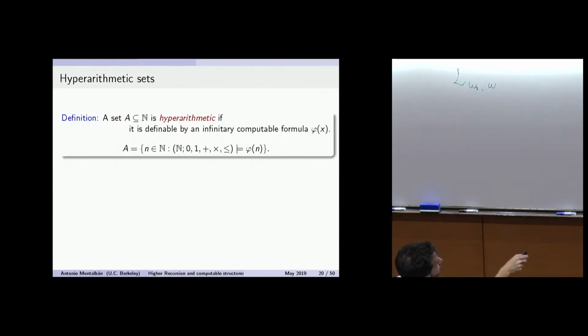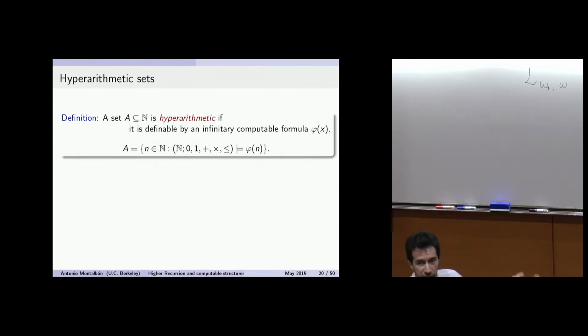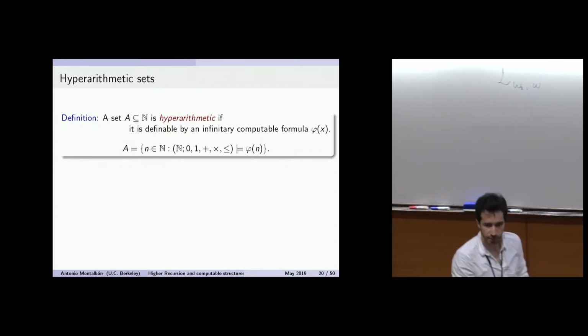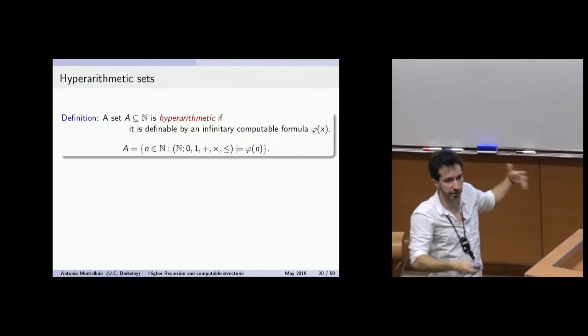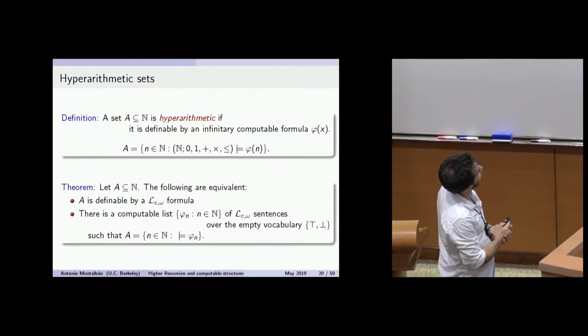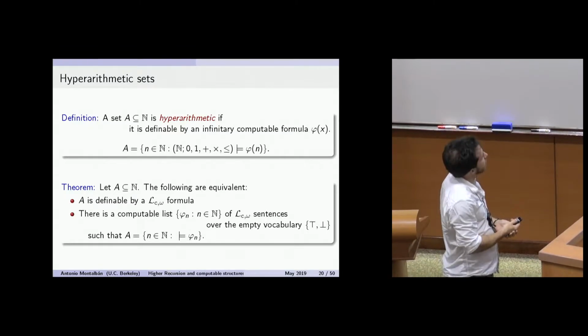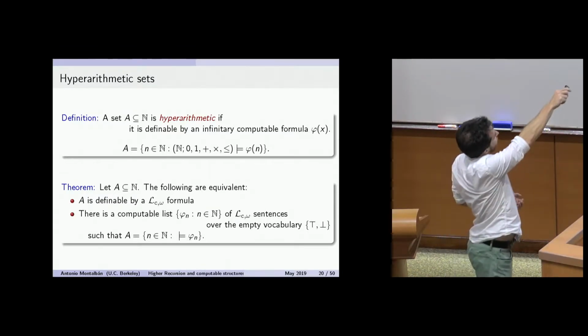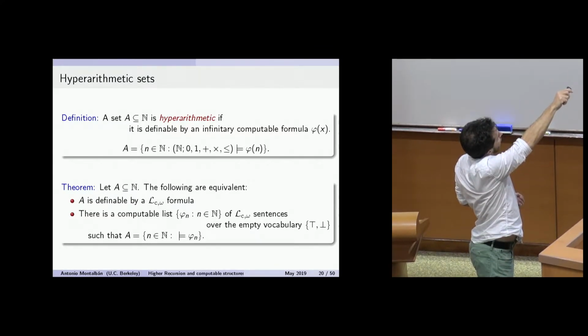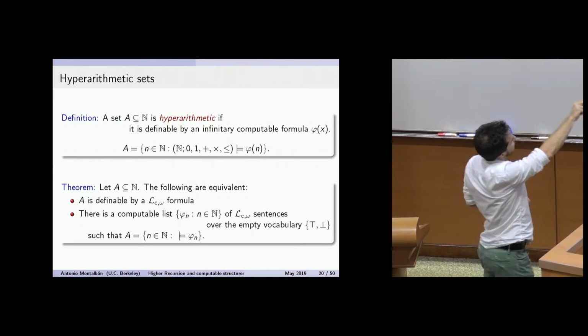So it's all the n that satisfy some formula phi, but now phi is allowed to be infinitary computable. Arithmetic was the first kind of formula; hyperarithmetic is infinitary computable formula. So those are the hyperarithmetic sets. In particular, it's a much larger class than the arithmetic sets. Here is an equivalent definition. A set is definable by a computable infinitary formula if and only if there is a computable list